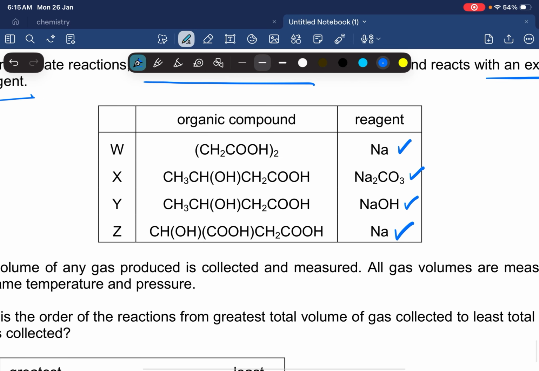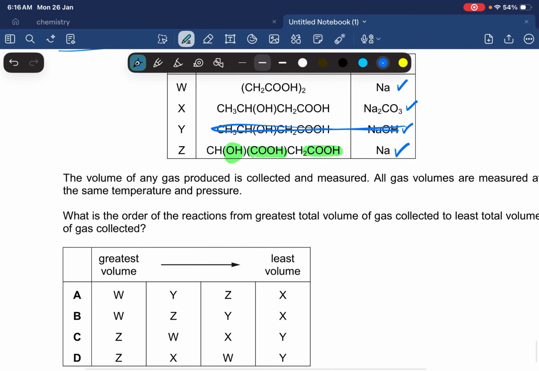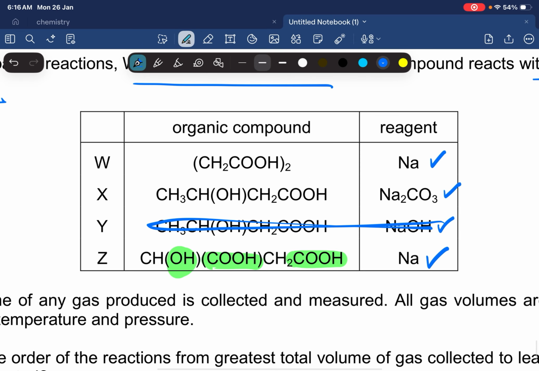Okay, this is going to be interesting. So over here, I would have to look at the functional groups. I have one OH, I have one carboxylic, and another carboxylic. Over here, I know I'm not going to produce any gas. NaOH, no gas, right? So least is going to be with Y, right? And the most is going to be with, let's check out,